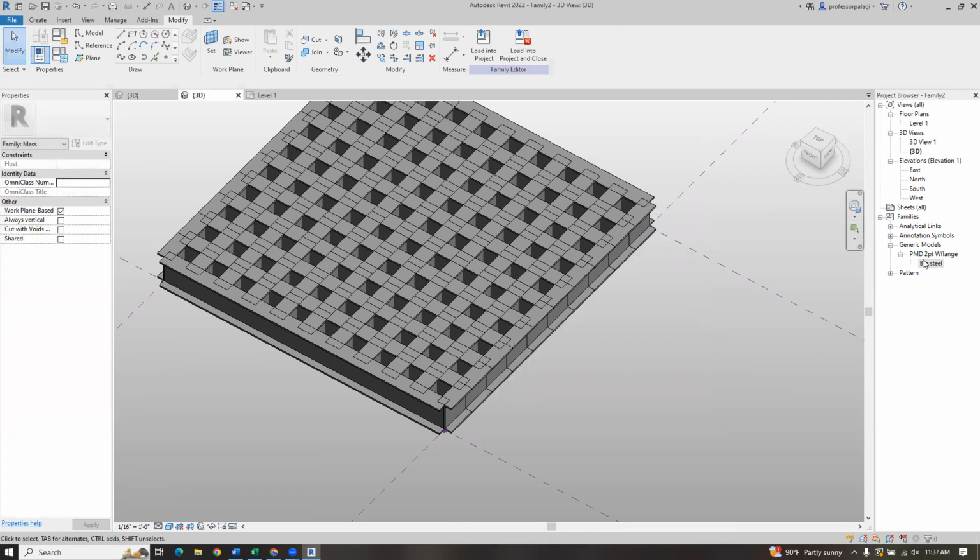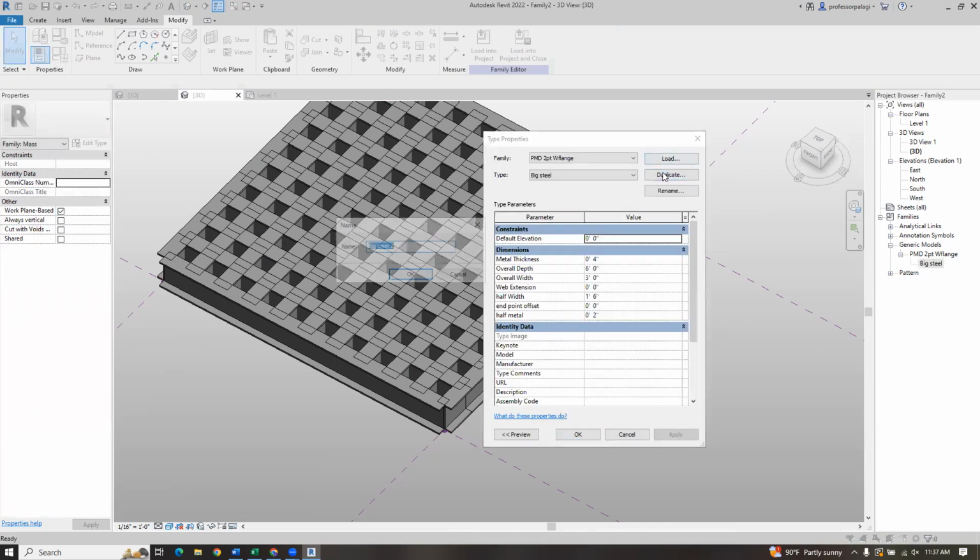Now that actually changed all of them, right? But I'm going to double click on this one again. I say duplicate and say that's blocking. The one's going the other way, right? Now this one, I want that end offset to actually be back. What was our web thickness, or no, our overall width was 3 feet, so 1'6". I'm going to pull it back 1'8" so we see it. So that's pulling it back beyond the flange of the one that's coming into. But now I'm going to do the web extension